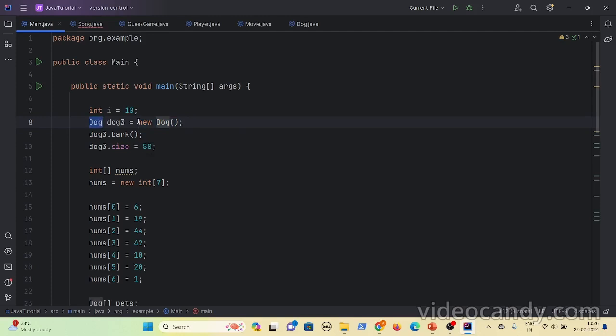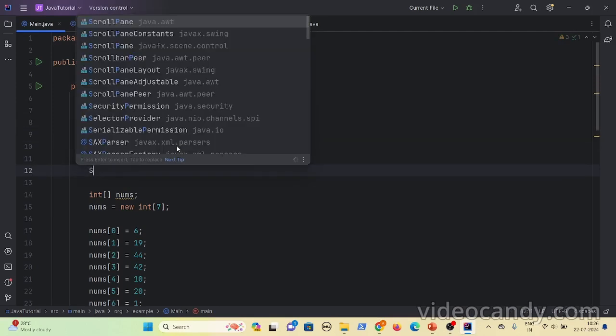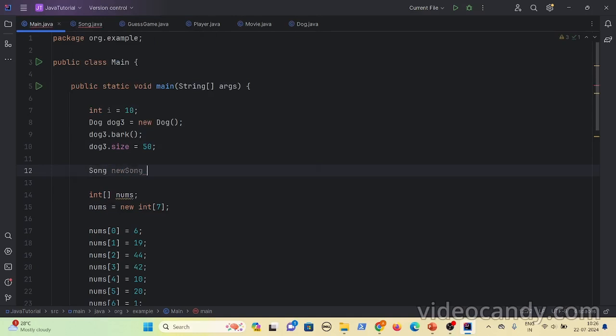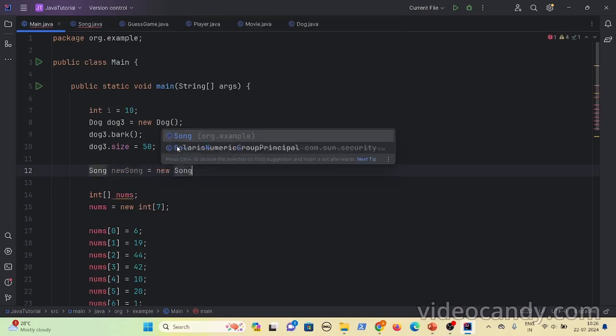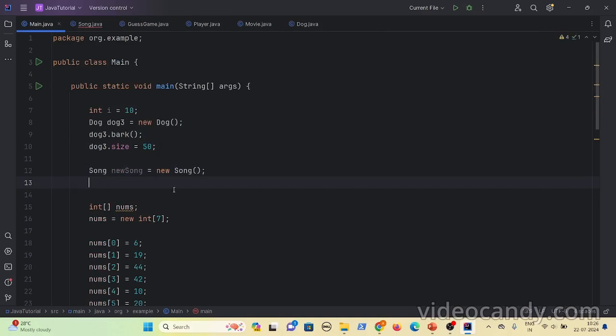So dog3 is of type Dog. Then let's say I create a Song: Song s = new Song(). Now you have created an object of Song, and you should assign it only to a Song. You should not assign it to any Game or Player.